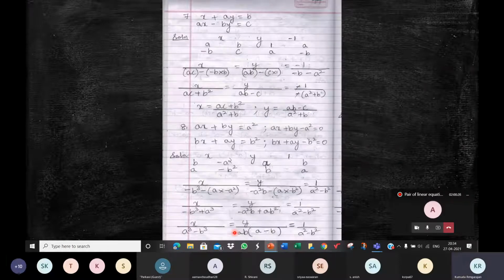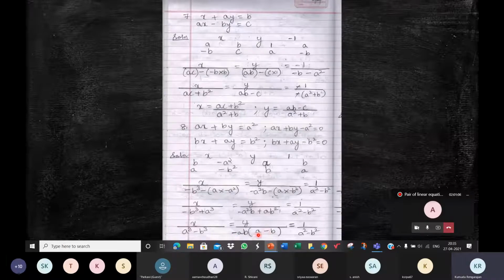That is nothing but minus a plus b, which is nothing but b minus a. If you didn't take this minus, then in the bracket you will have, as Parkavi said, minus a plus b, which is nothing but b minus a. So in the next step, if you want to write b minus a as a minus b, you must take out a minus sign, because b minus a is equal to, take a minus outside, and in the bracket you can write a minus b.